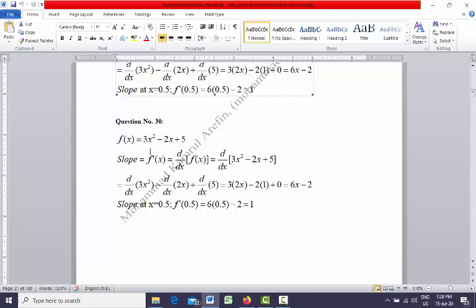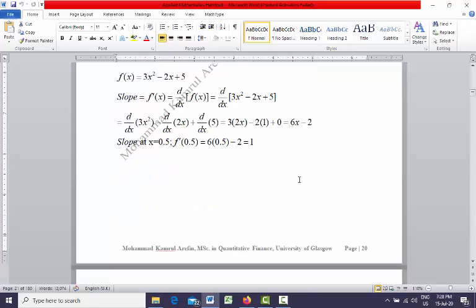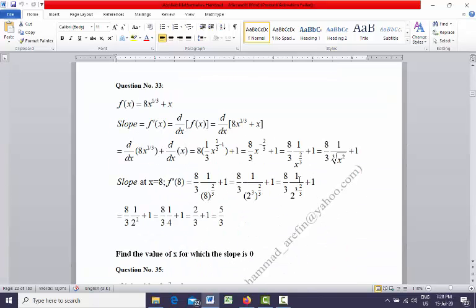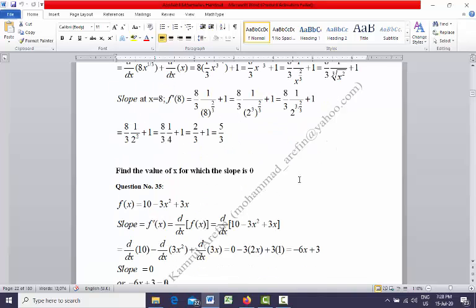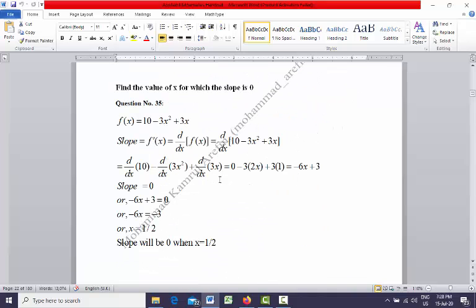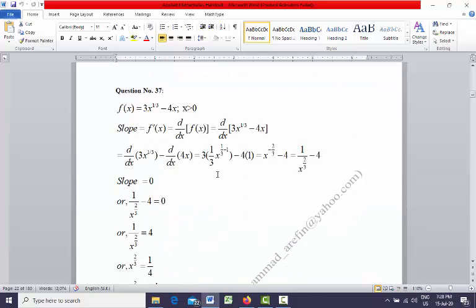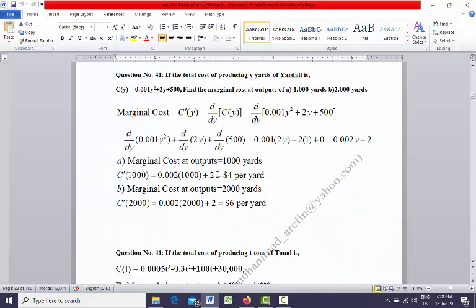So similarly, you can solve question number 30, you can solve question number 33, you can solve question number 35, and all these questions. Now I will jump to question number 41. The question number 41 is saying that